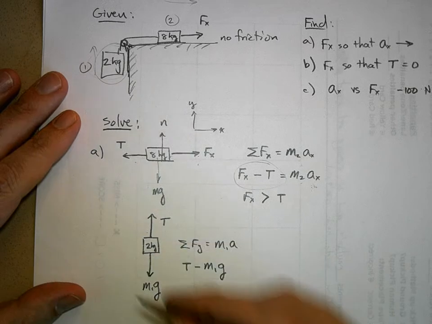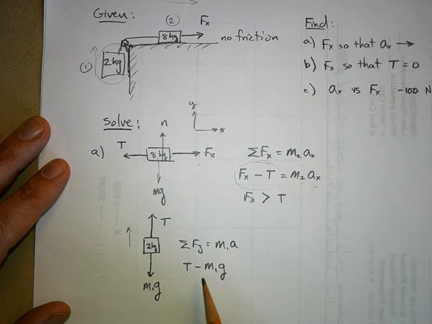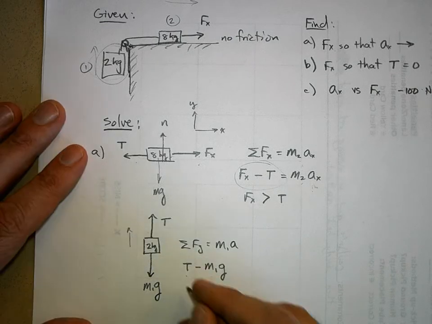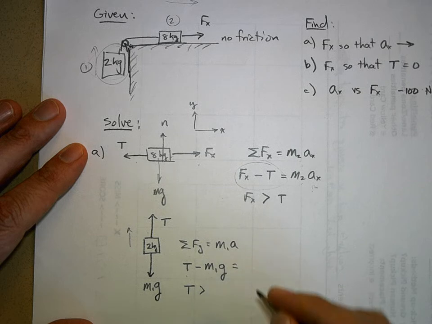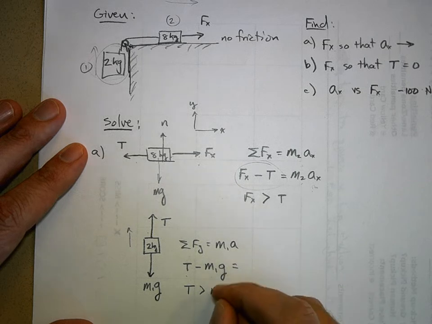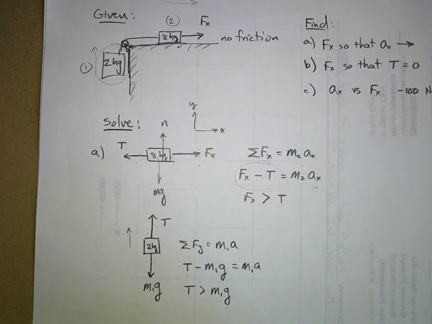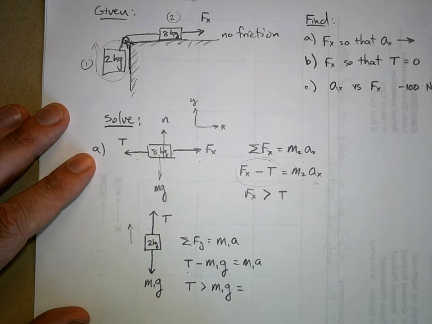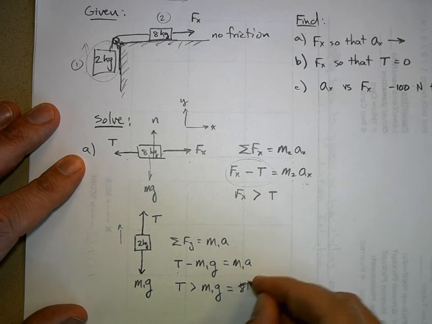Now, if we want the acceleration to be up, that means the tension force has to be greater than m1g. So the tension force must be greater than m1g in order for the acceleration to be up. Well, now we can figure out what this is. This is 8 kilograms. I'm sorry, 2 kilograms